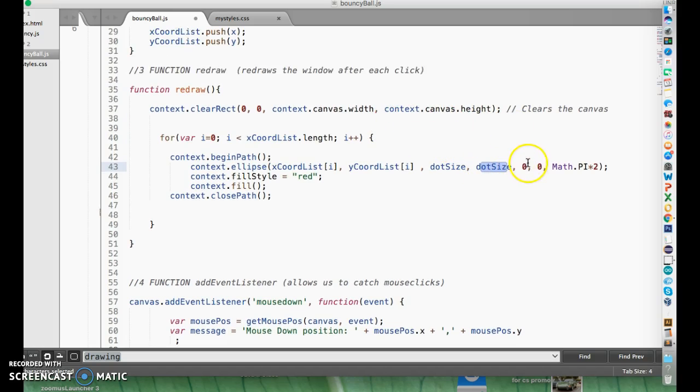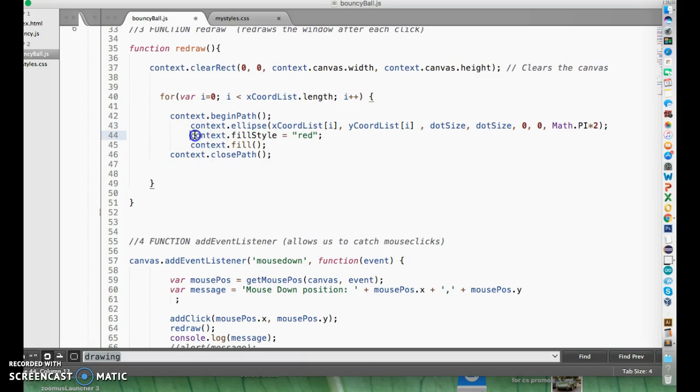These are angles. This is how far you want it to go, like fully all the way around. And then this is a form of the angle change it's going to make. So I'm going to set the drawing tool to fill up the circle with red, and then I say fill, have it be done, and then I have to